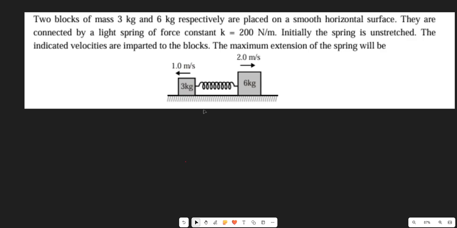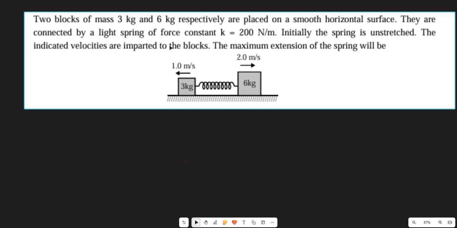Hello everyone. Let's see a problem of physics, which is from the chapter Center of Mass. And the question is from the topic Spring block problems, which is a very standard problem. So let's see it. Two blocks of mass 3 kg and 6 kg respectively are placed on a smooth horizontal